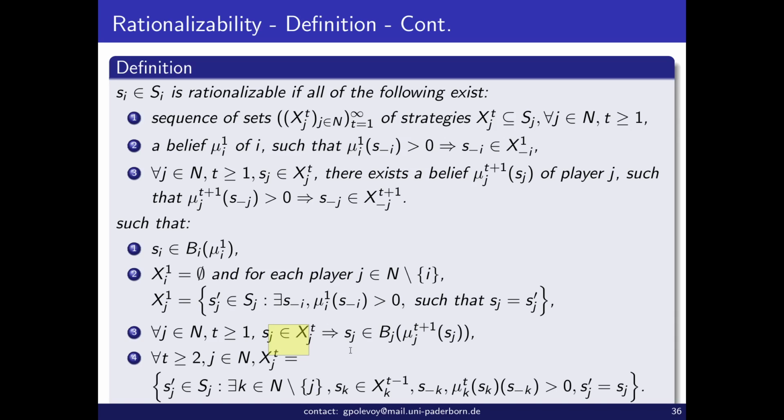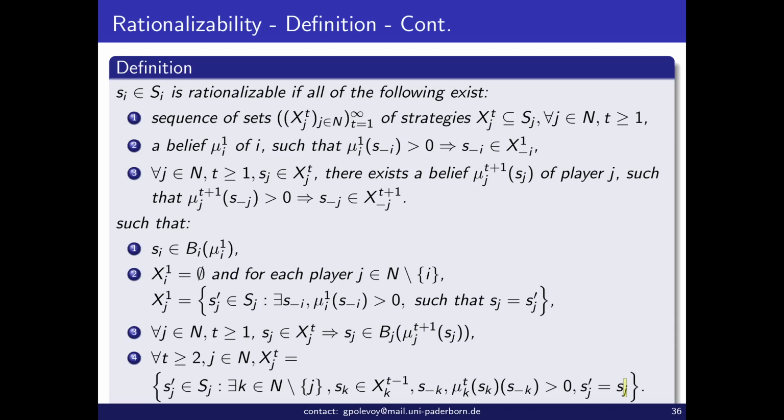And in general, the members of x t plus 1 j are all those who are required to justify what was in the previous level. So that there is some k in the previous level, such that its mu gives a positive weight to some s minus k, whose j element is equal to sj prime. So this is a collection of sets, a sequence of sets and beliefs